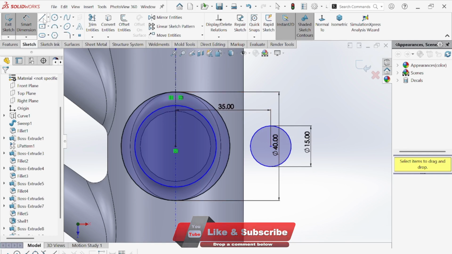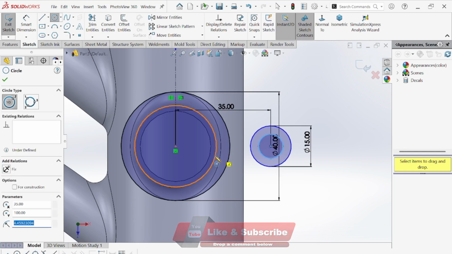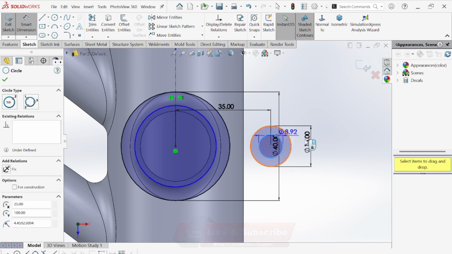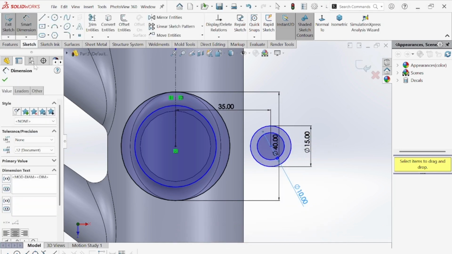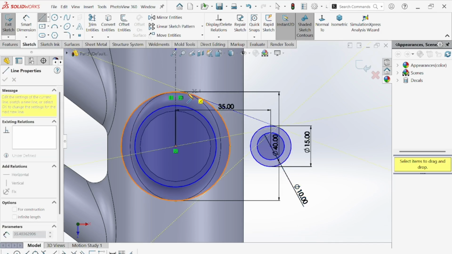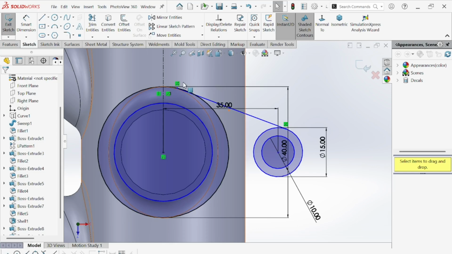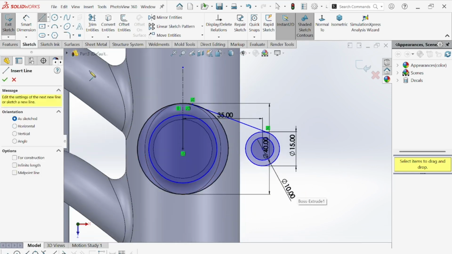15 is fine. Why? Because we will make a hole of radius 10. Simply make one more circle. Better to make a circle rather than making a hole. And define the diameter of this one and make this one 10. Right? Go to line. One line starts from here and it ends here. Again the same thing here. You can also use mirror entity. Simply come here,